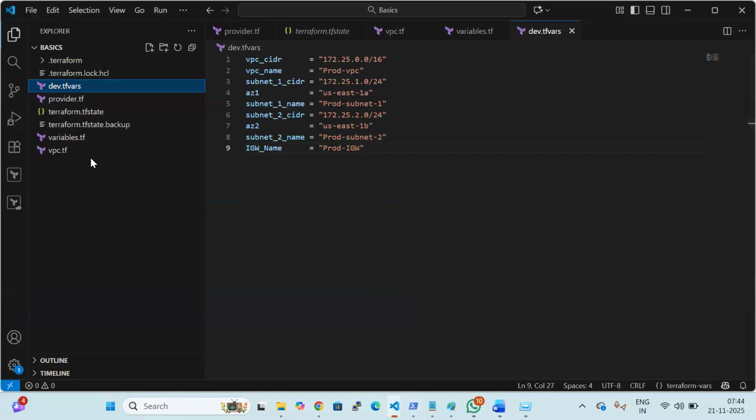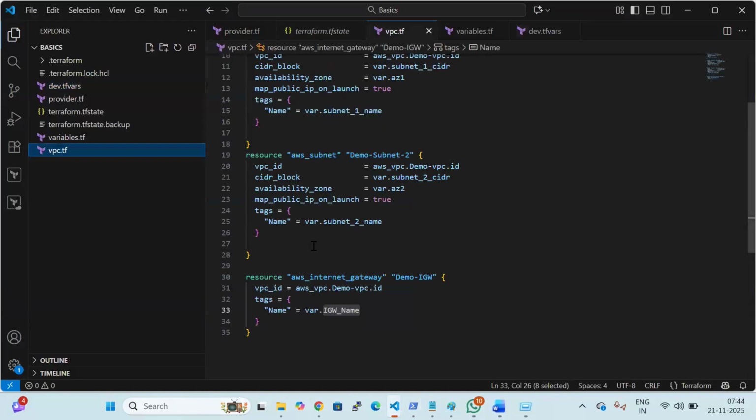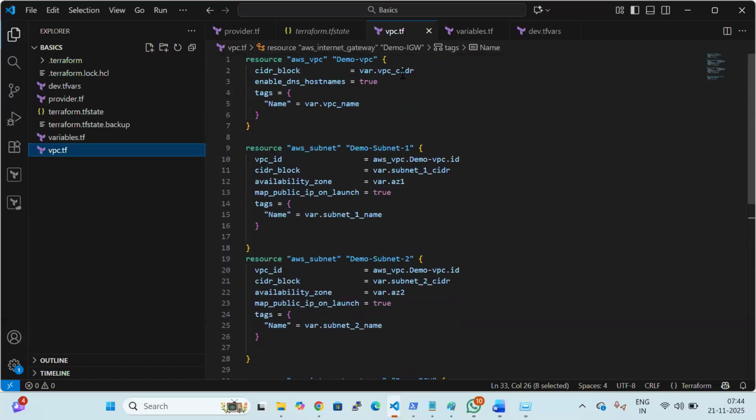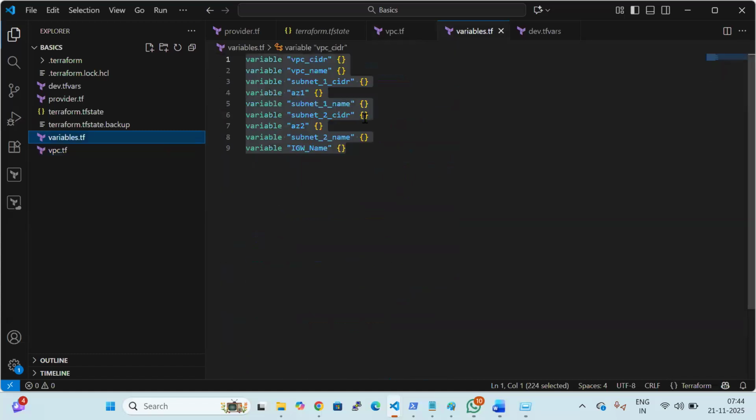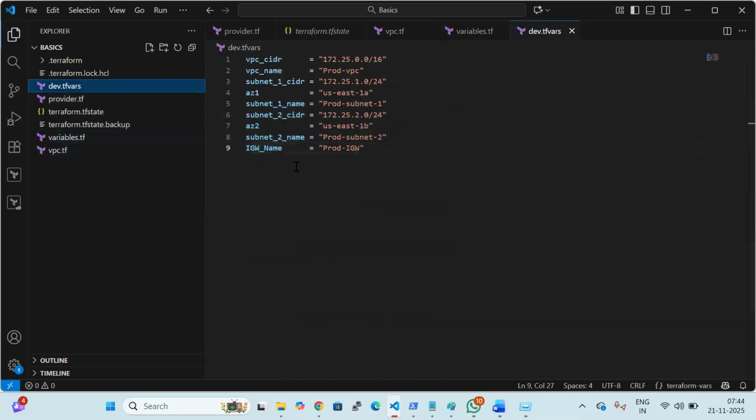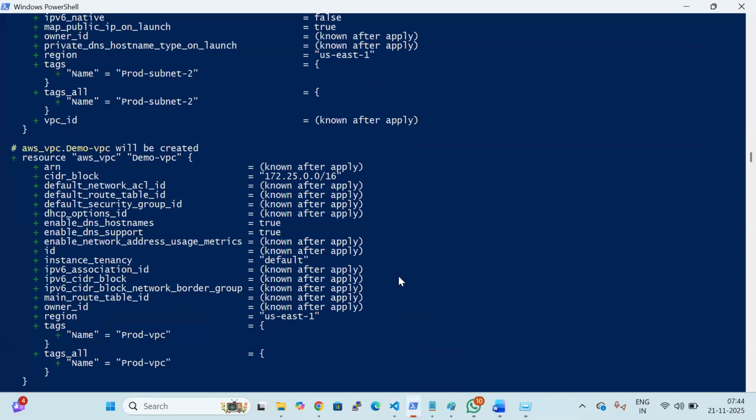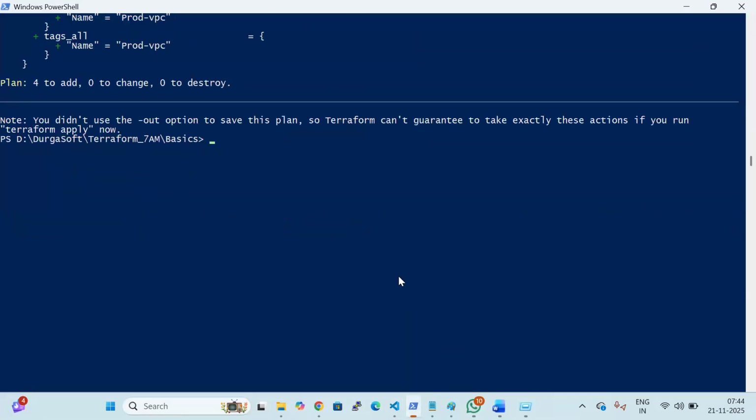So first of all, if you want to variabilize the configurations, we have to specify var.variable_name, and we have to define that variable name. Once we have defined the variable name, we have to specify the values for the variables. By default, if you don't specify the values, it will ask you for all the values on the command line while executing. It is difficult for us to provide the values for the variables on the command line. What we are going to do here is